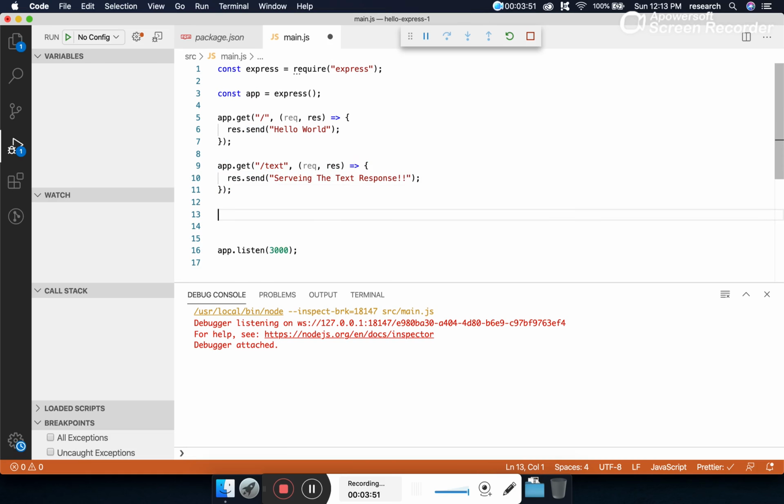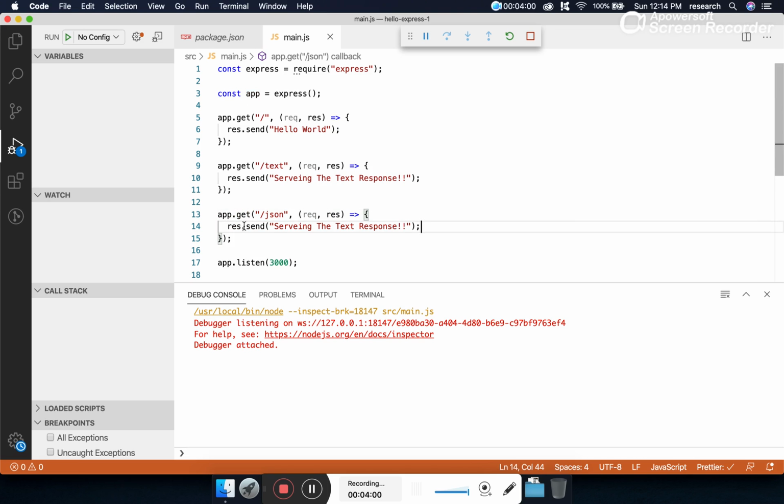Now if you want to serve a JSON response, let's create another get API with app.get, and the URL for each REST API must be different. Here we are trying to serve a JSON response. To serve a JSON response, we will be using response.json. Apart from that, we do not have to do anything. We do not have to set any content type application/json, it is taken internally. Express.js internally takes care of everything. Let's suppose id is equal to 1, title is equal to hello world, hello JSON.